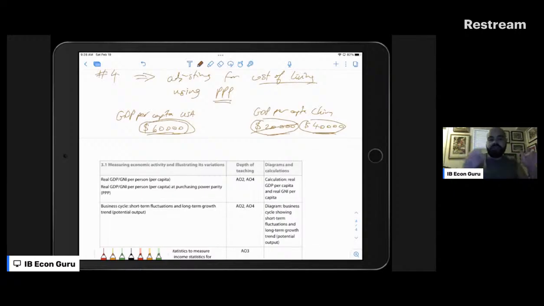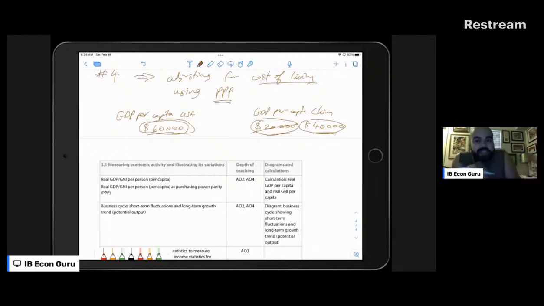Now, there is no formula for this. I just want you to get the idea. One very famous PPP index is the Big Mac index. It's basically an index that looks at the cost of the Big Mac. What's the price of the Big Mac to buy in every country around the world? And that helps give us an idea, because it's the same product, the Big Mac by McDonald's,